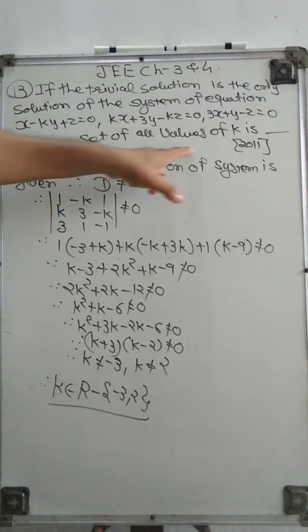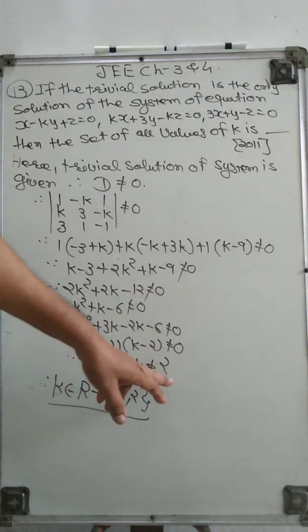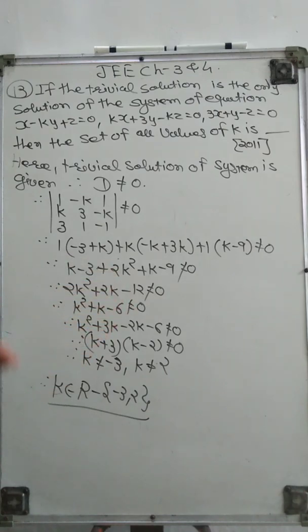Here is the set of all the values of k we want to obtain. So here k belongs to R minus minus 3 and 2. These 2 values can be omitted and all the rest of the values can be taken for the trivial solution of the given system of linear equations, right? So this is a good sum, because here the reverse value has to be found. Okay, then we go for the next one.